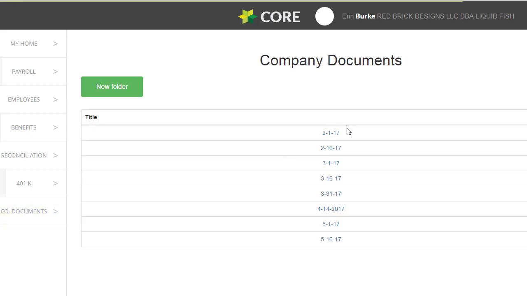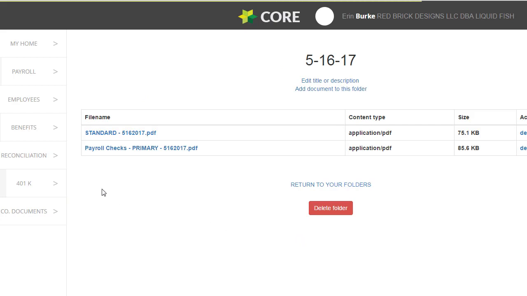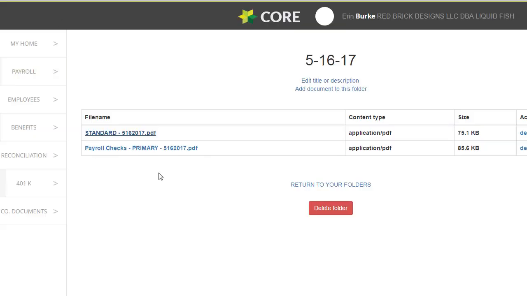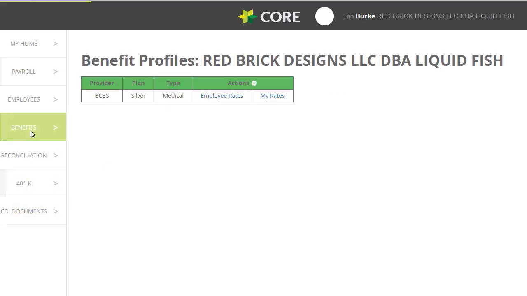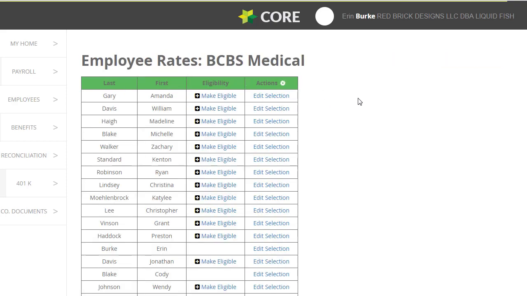Also have a place to put company documents. In this case, we've just got some payroll reports. Nothing really exciting there. The other benefit that is not set up for this client but is set up is an interface with Swipe Clock, so that if there were PTO tracked on Swipe Clock, it would show the remaining balance for the employee automatically. So it would pull that in the background and present the unused PTO by employee here, as well as the employee's